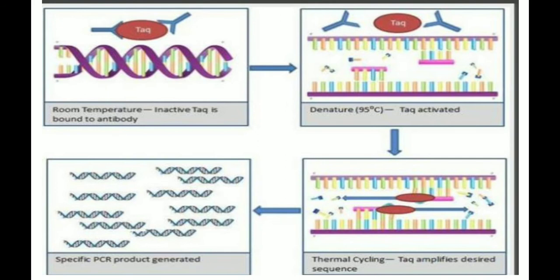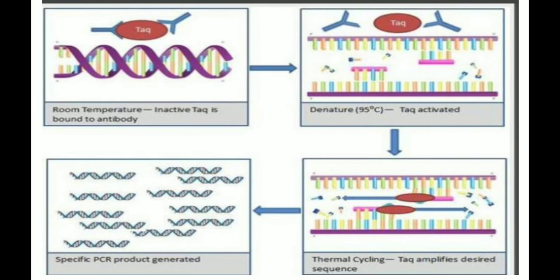Okay, so here you can see in the first diagram there is a Taq polymerase enzyme which is inactive. It is bound with the antibody, right? So in this technique they use specific antibodies to block that enzyme. Okay, then denature at 75 degrees Celsius, Taq will get activated. ते काय होतात, ॲक्टिवेट होतात ॲट अ स्पेसिफिक टेम्परेचर. मग अँटीबॉडी काय होणार आहे, त्यांच्यापासून लांब जाणार आहे.